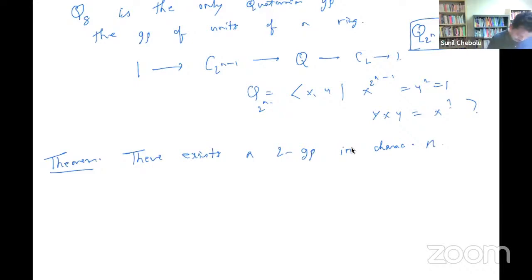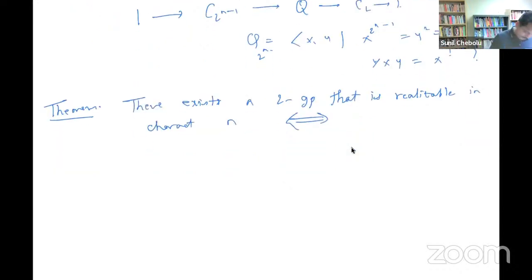There exists a 2 group that's realizable in characteristic n. That's right. There's a 2 group that is realizable in characteristic n if and only if it is possible